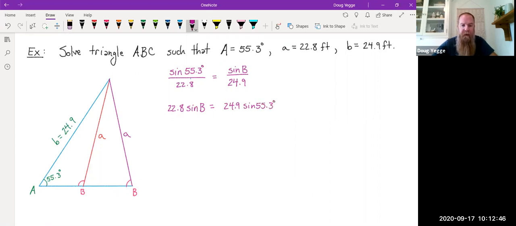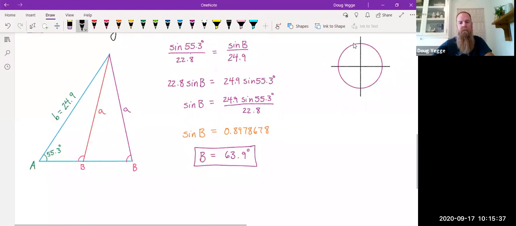So when we divide by 22.8, we get that sine of B is equal to 24.9 times sine of 55.3 degrees, and now we're dividing by 22.8. When we evaluate this ratio on our calculator, we get about